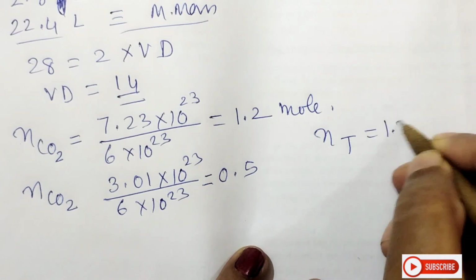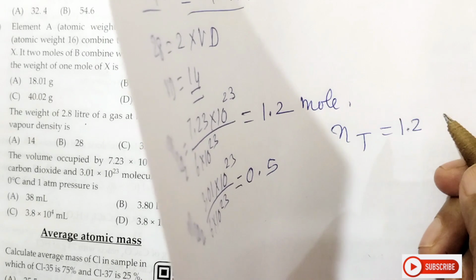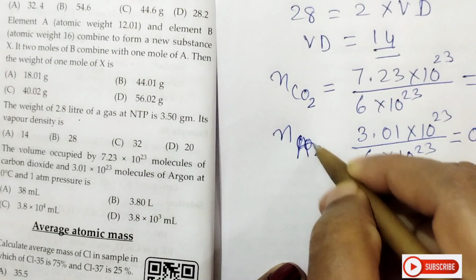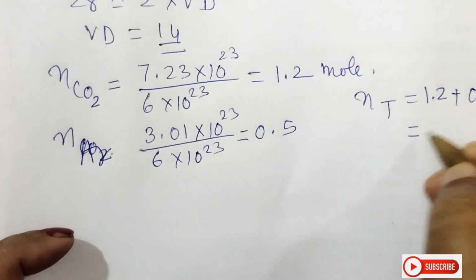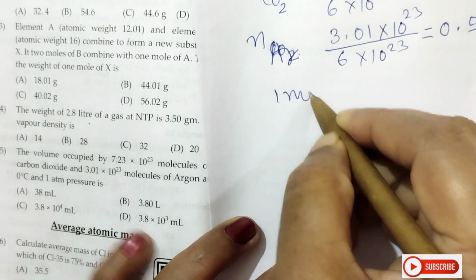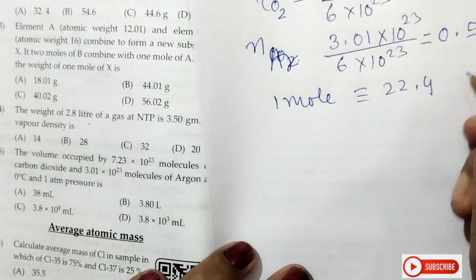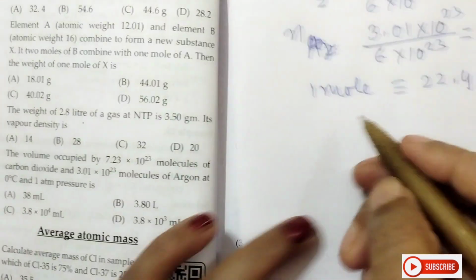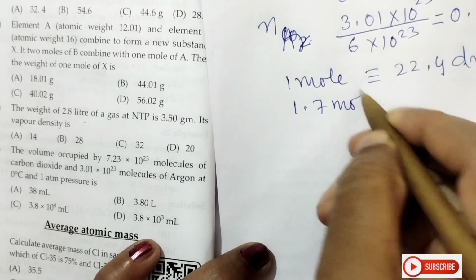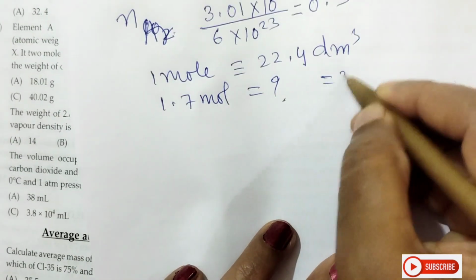Let us calculate the total moles. Total mole is 1.2 of carbon dioxide here and 0.5 of argon here, so it will be 1.2 plus 0.5. How many total moles? 1.7. Right? 1 mole of any gas must occupy a volume of 22.4 dm cube. Therefore, the total moles we got is 1.7. So 1.7 moles corresponds to how much? If you cross multiply this, you will get